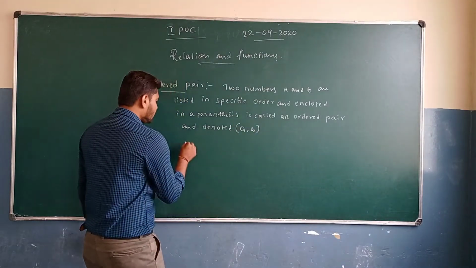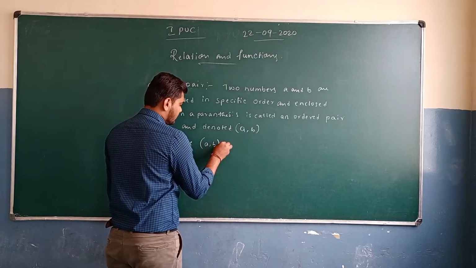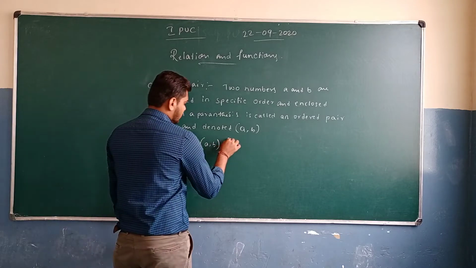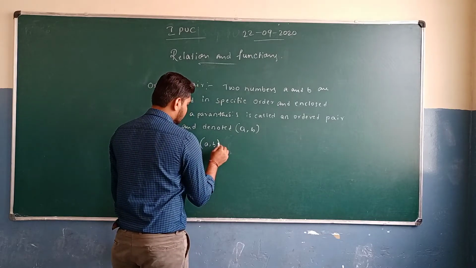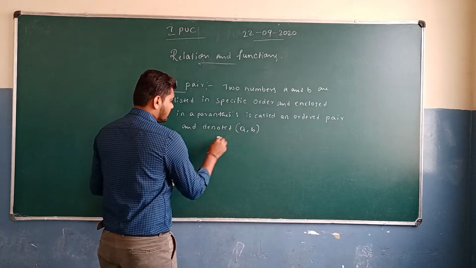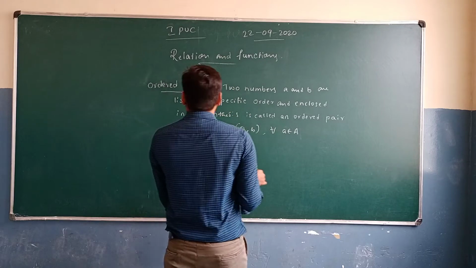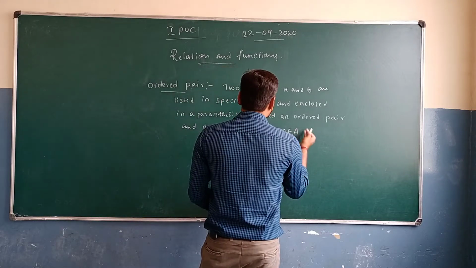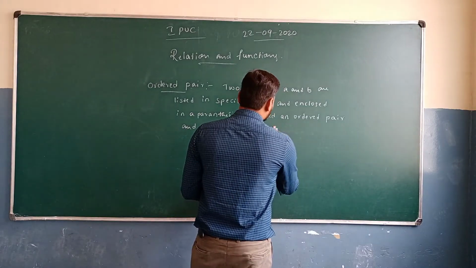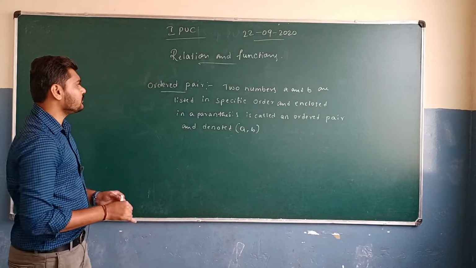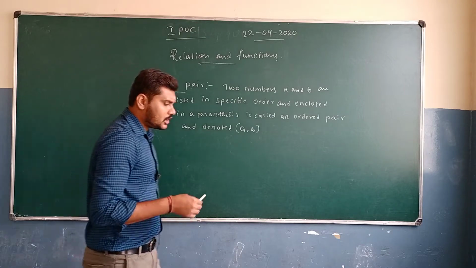So here (a, b) is equal to, or we can say that for all a belonging to the set A, or we can say that a comma b belongs to the given sets. Or we can say it like this. So this is the final definition for the ordered pair. Here the two numbers a and b are listed in a specific order. We don't know what the specific order is going to be.